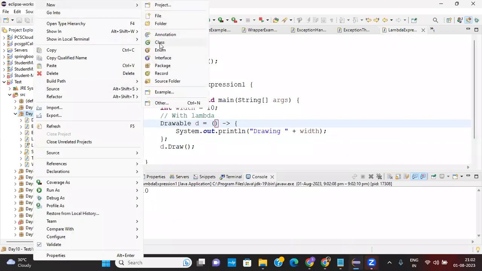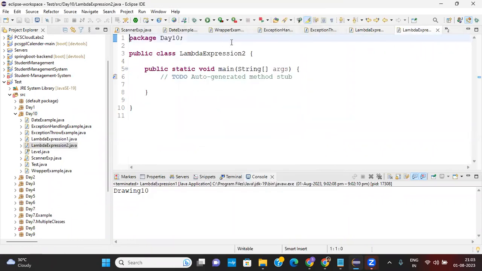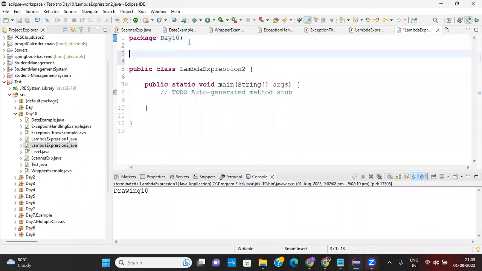Let's create another class, give the name lambda expression. Here we have an interface, Sayable,